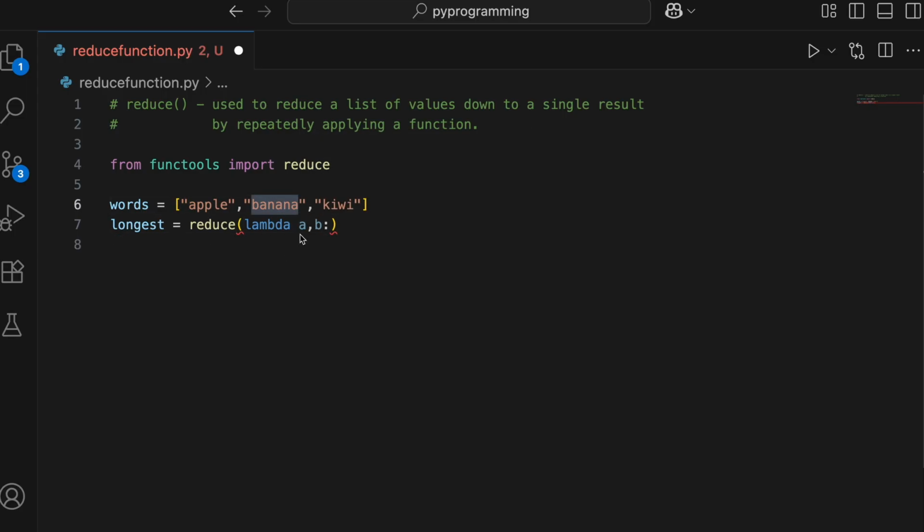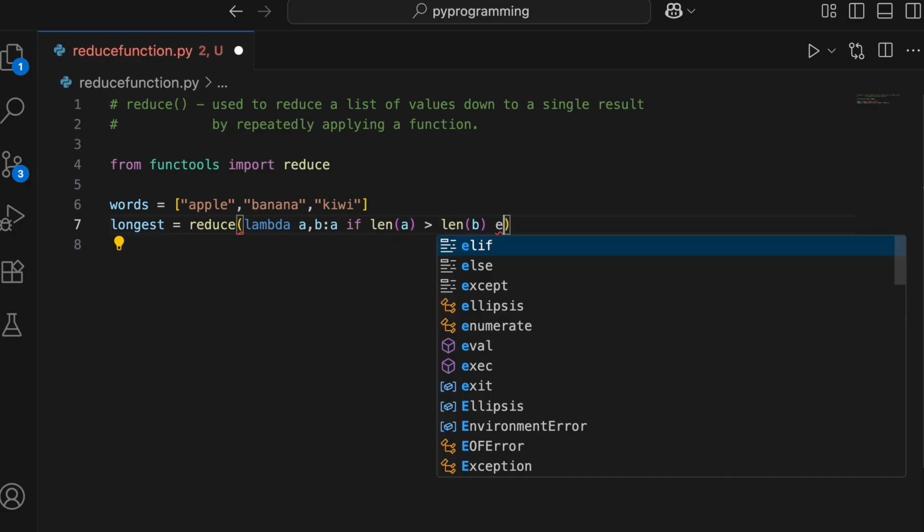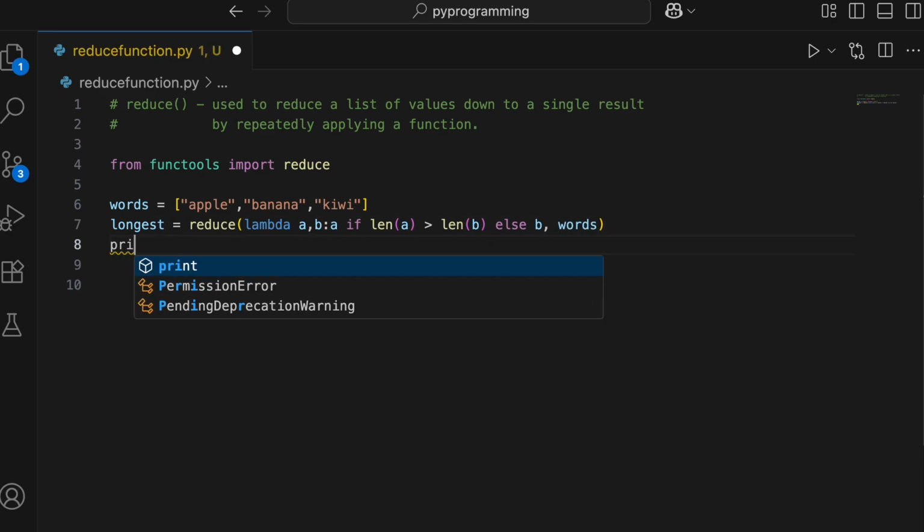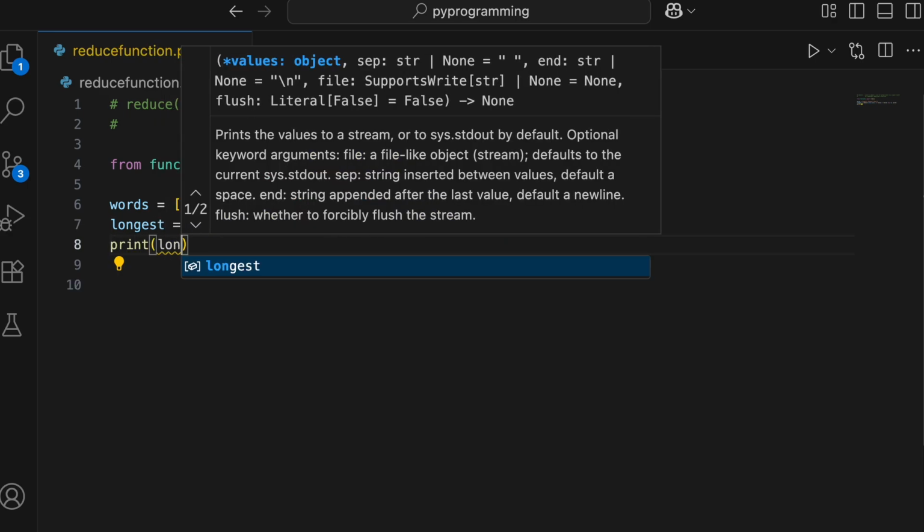It has to compare the length of these two values and keep the one with the maximum length, and keep on doing it till the end of the list. So the result should be A if the length of A is greater than the length of B, else B. Then we'll pass the words list here. Let's quickly print the result, the longest.